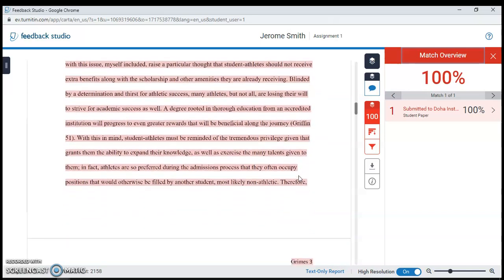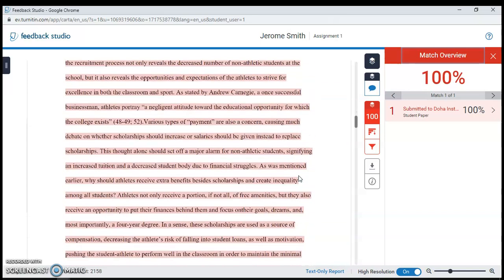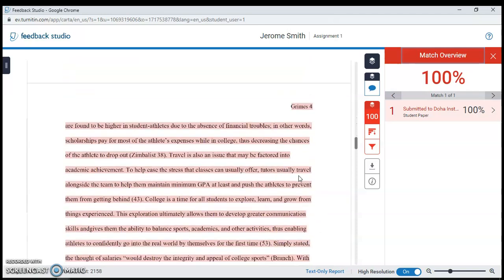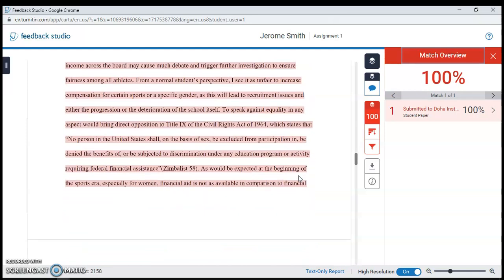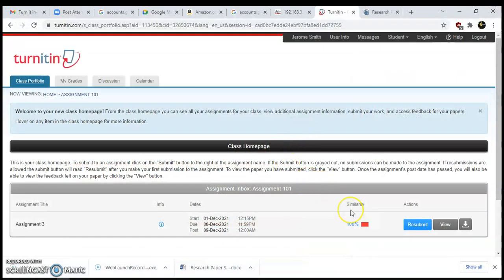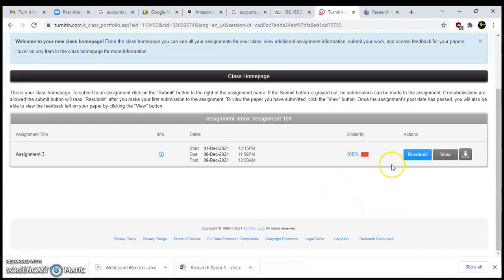You have not copied and pasted anything from the internet, and you are using the correct APA format. Currently the world is using APA 7. BMC is using APA 7. All right, let me close the window here. So what I'll have to do is go back and do some additional reading and paraphrasing, and make sure that